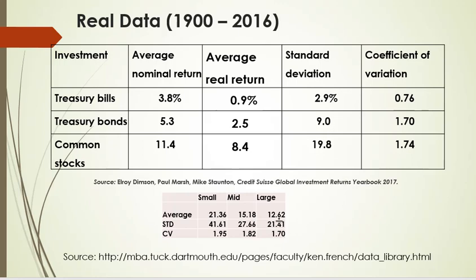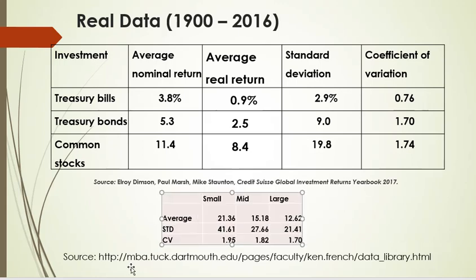Now, I've also done a little bit of research here, and this comes from Ken French, who is famous for working on the risk-return relationship. You can see that he's divided stocks into small, medium, and large stocks. And he's looked at all stocks available. If I'm not mistaken, the average number of stocks per year was in the ballpark of about 2,000 stocks per year. So a small stock, right?